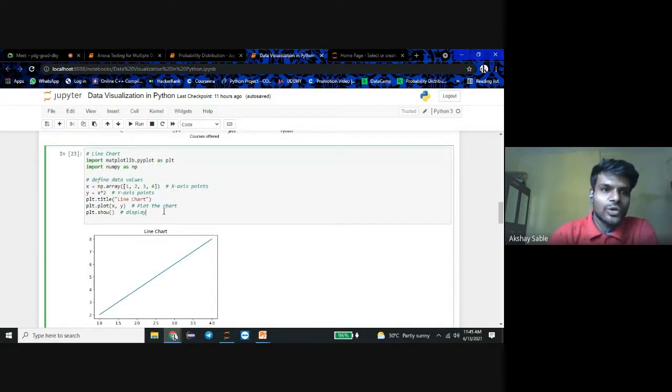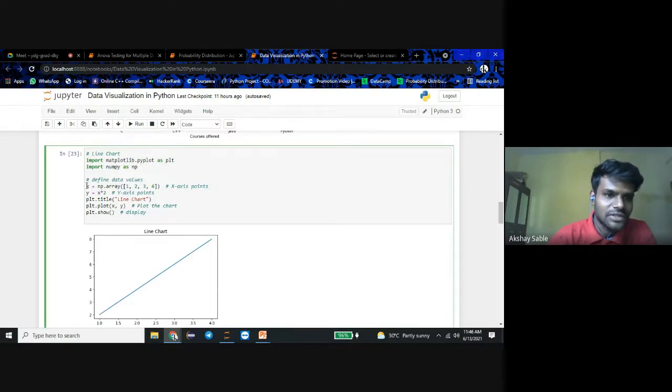We can see import matplotlib.pyplot as plt. We use the matplotlib pyplot as the plt variable. This library is used for graphical representation, or to print various charts or graphs. Import numpy as np. This is a library which we use for processing arrays.